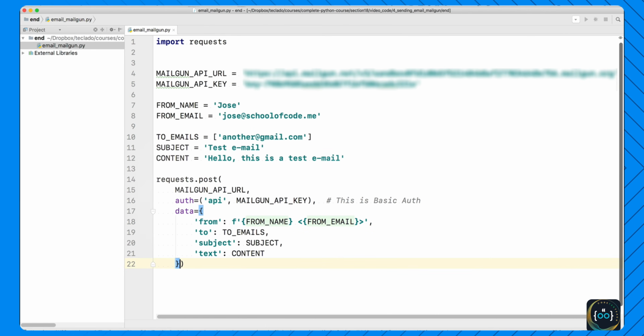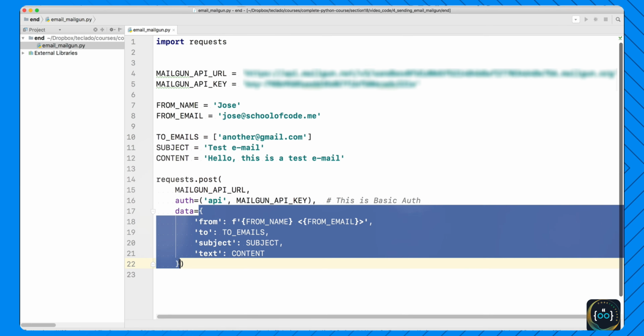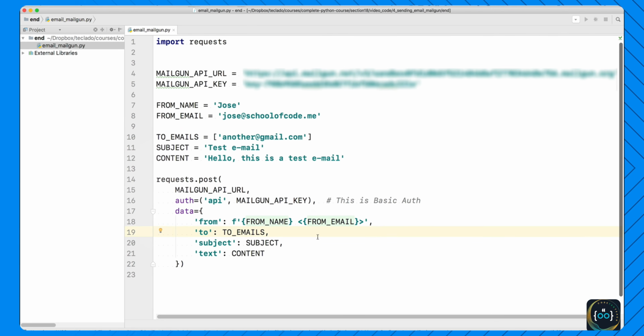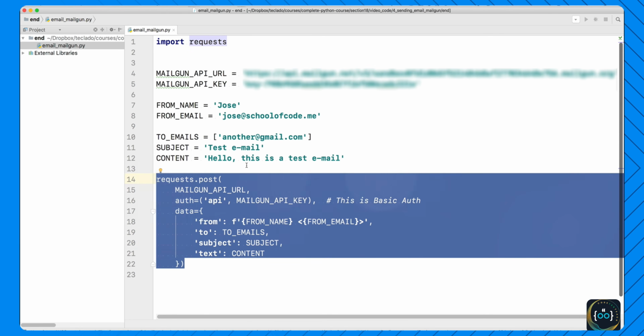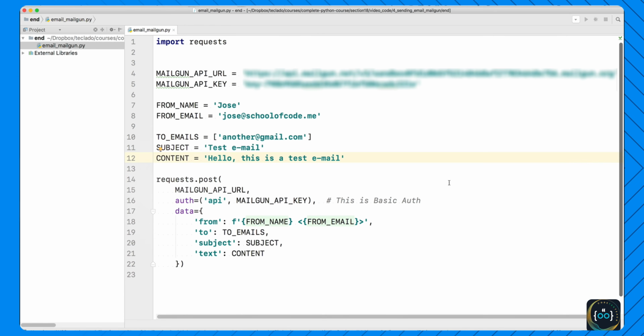Okay, I'm going to put this in the same line just because that looks a bit nicer to me. And that's it. Once the authorized recipient is successfully authorized, you can run this and it'll send a request to the Mailgun API URL. It'll authenticate you with your API key, and then it'll send this data over, and they will do all the hard work of constructing the email, making sure it's sent, and of course it's really simple to put this in a function and make it take a few parameters, and very easily you can send email